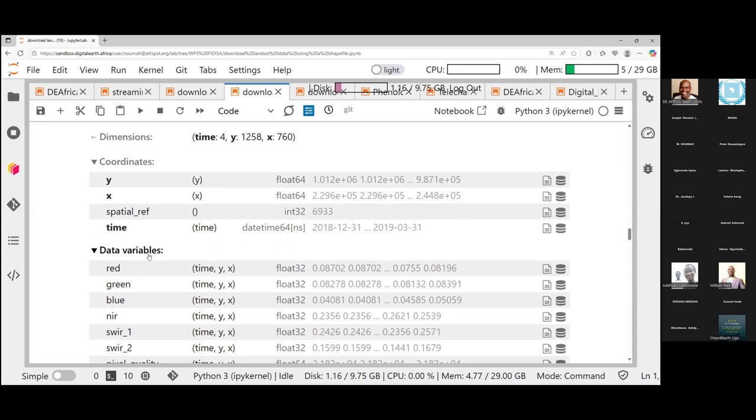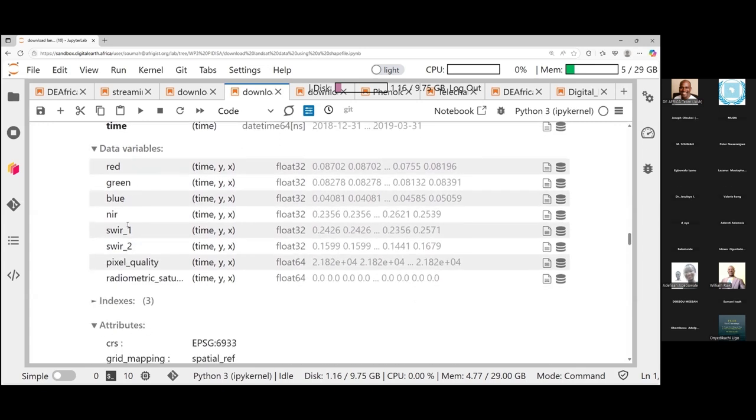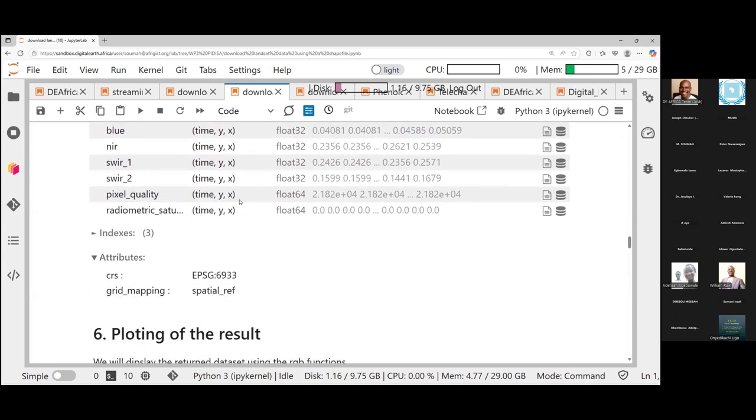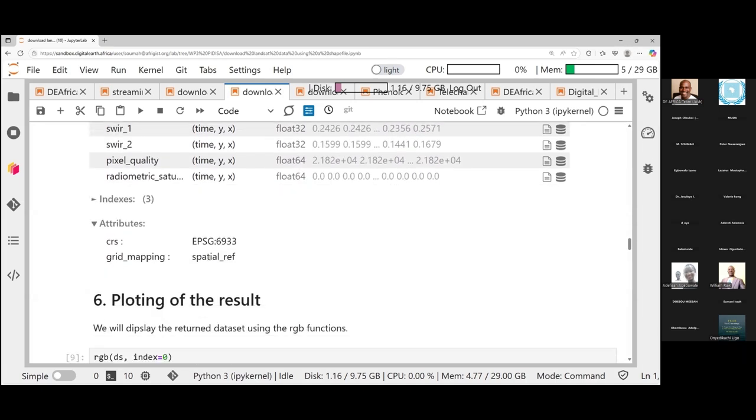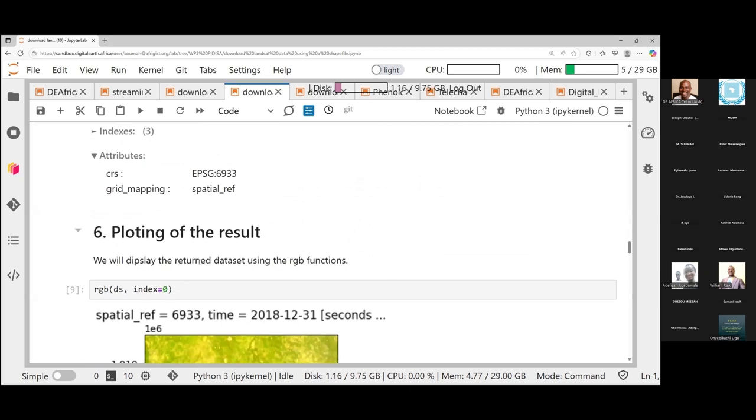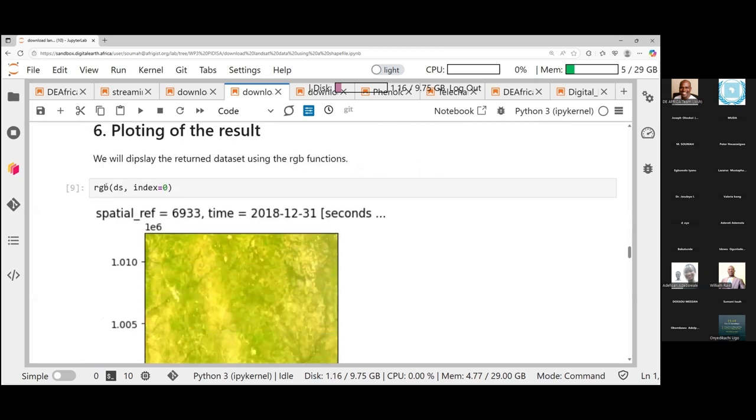You have the variable data available: the red, green, blue, near infrared, and the two shortwave infrared bands. So this information will enable you to choose the combination or the indices you want to use in your application. You plot the results by indicating here the RGB using the ds, and for the index